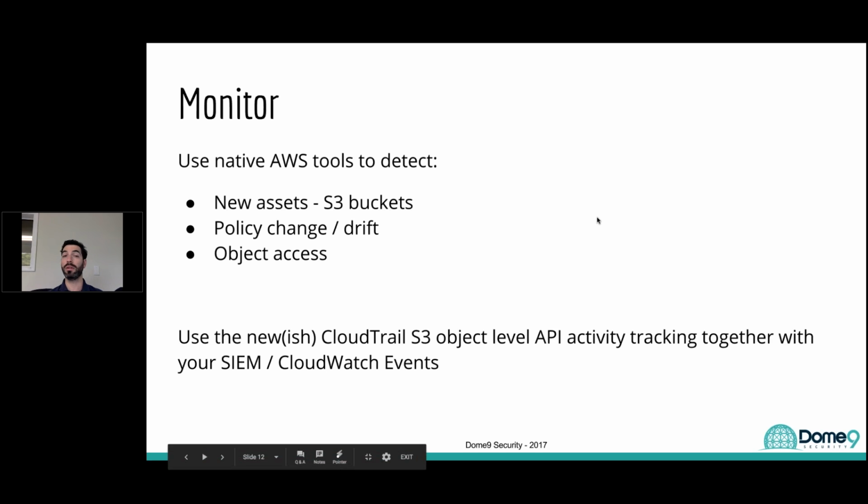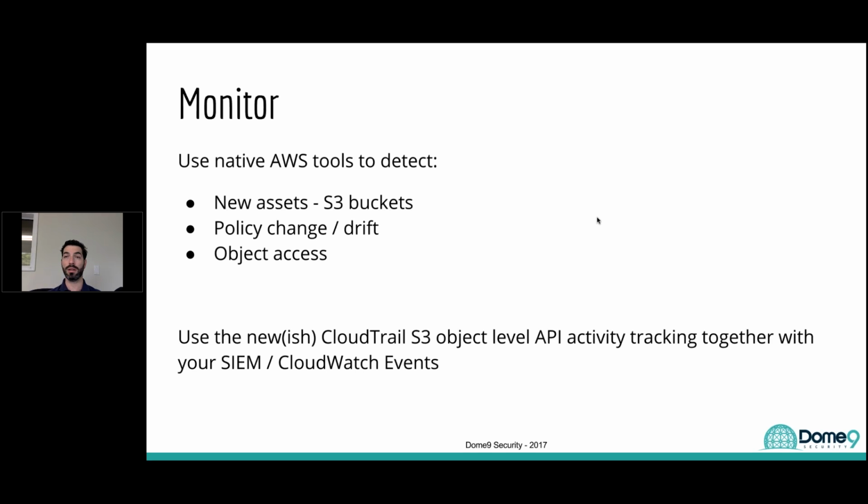We want to detect new assets, new S3 buckets, and make sure they have the relevant correct policies. And we would like to track the policies of the buckets or the policies of the IAM users in my environments, and if someone changes the S3 object access policies, it states new ACL policies. For that, AWS provides us several ways. First, there are the S3 access logs that help us understand some stuff. And they also connected that configuration with